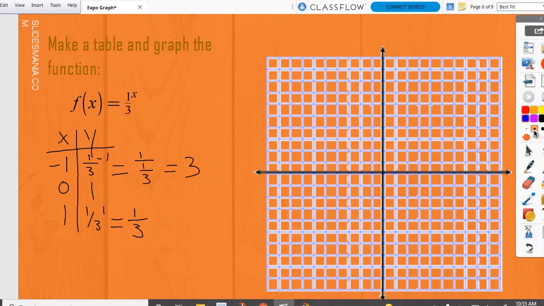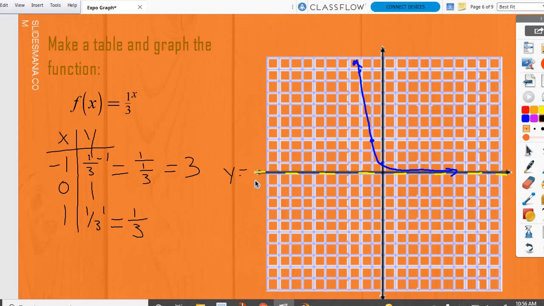Which is why now, as we get more and more negative, it's going to get bigger and bigger and bigger on the left. And as we go to the right, we're going to get smaller and smaller fractions. Is there anything that I could plug into this graph that would give me 0? No. So we still have a what? We still have a horizontal asymptote